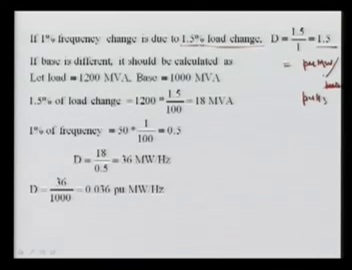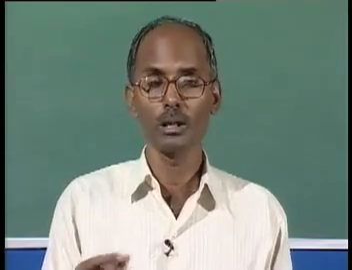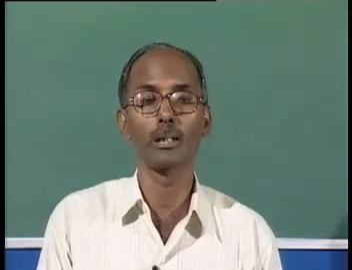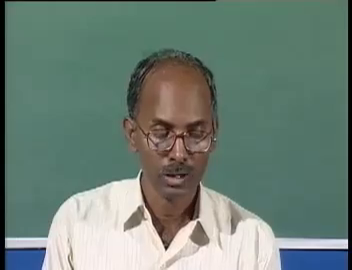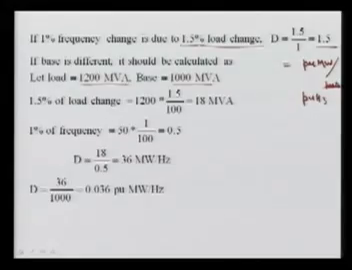Now if the base is different, it should be calculated. Let's suppose your load here is 1200 MVA, but your base may be something different, say 1000 MVA. So base can be any value. As you know, the per unit quantity is the actual value divided by the base value. So we can either directly calculate these values by multiplying in actual quantity, or